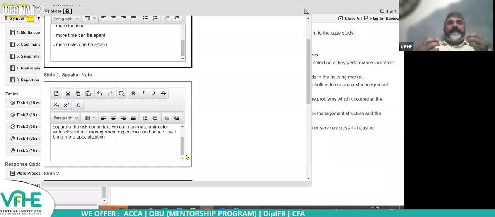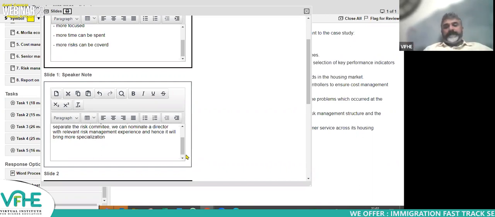Your problem statement will be, currently the audit and risk committee is looking at 3 principal risks only. Why can't you start with this simple sentence? What's happening currently? Currently the audit and risk committee is looking at 3 principal risks only, such as 1, 2, and 3. Just mention the names. Please type that first.